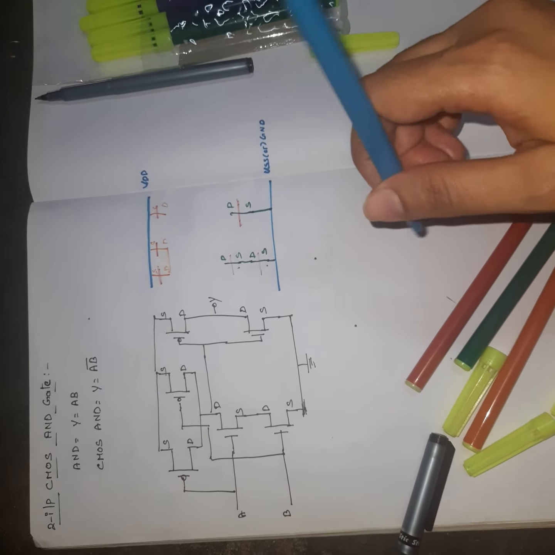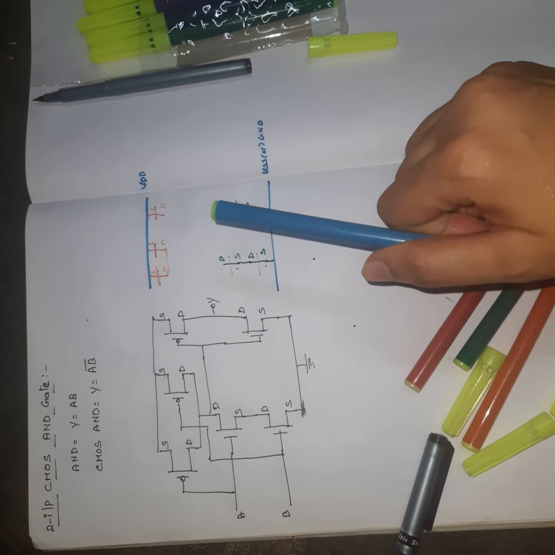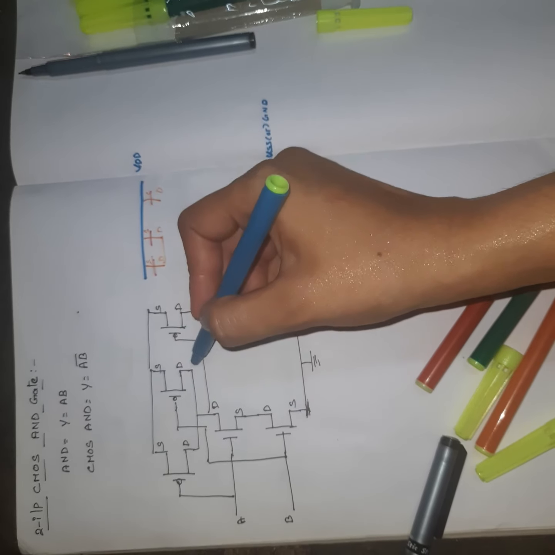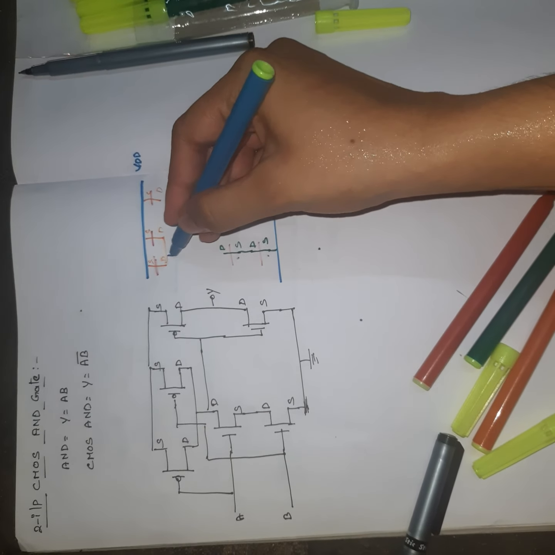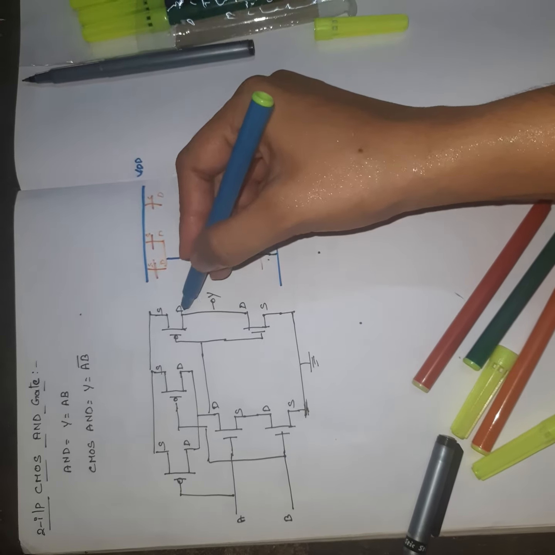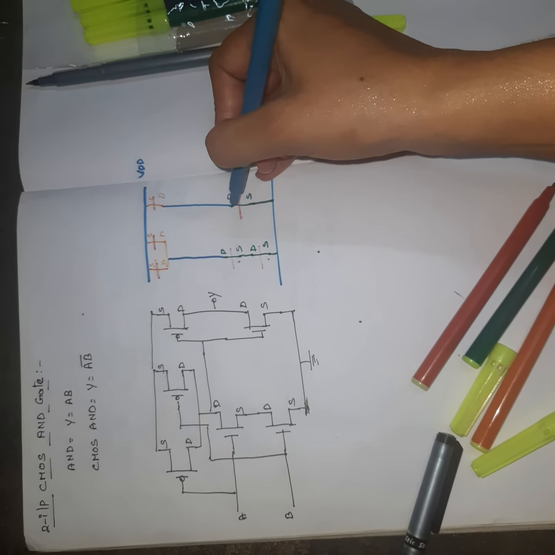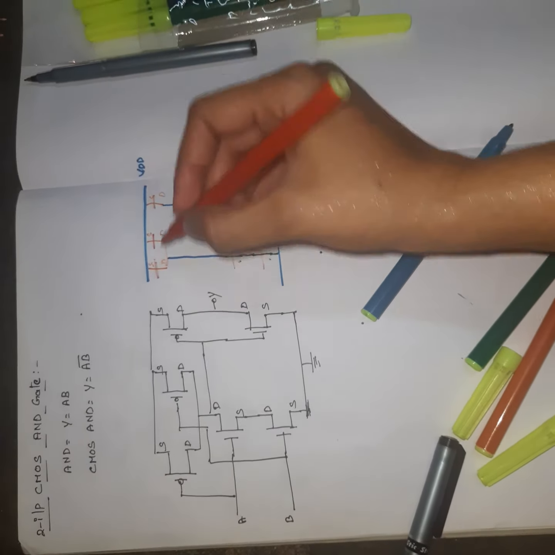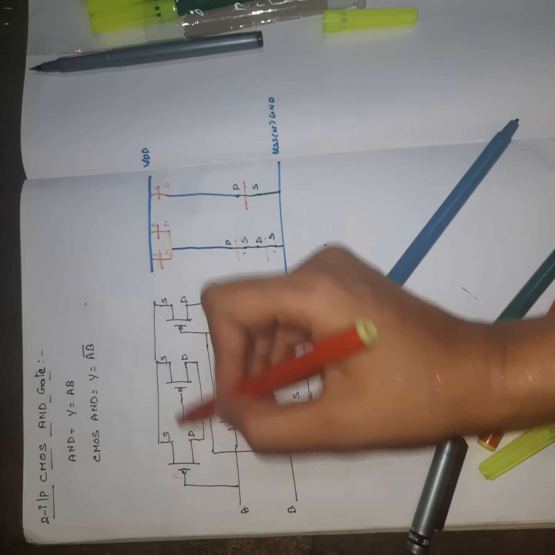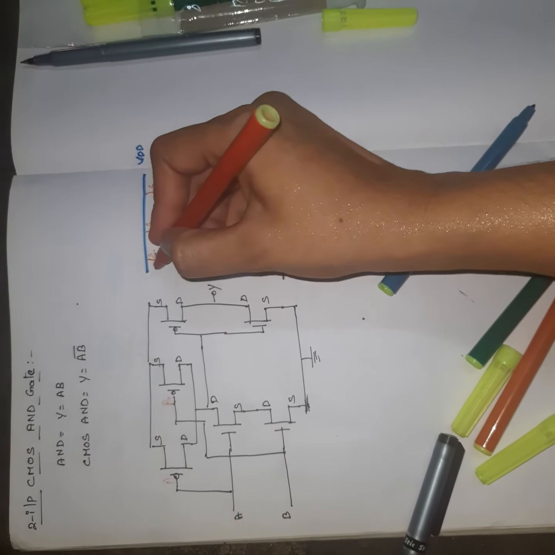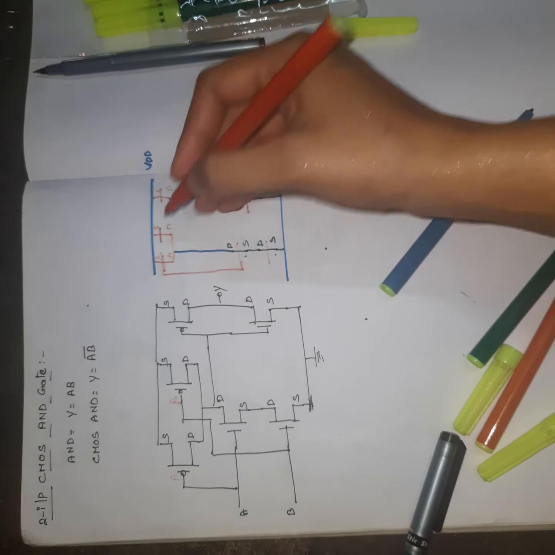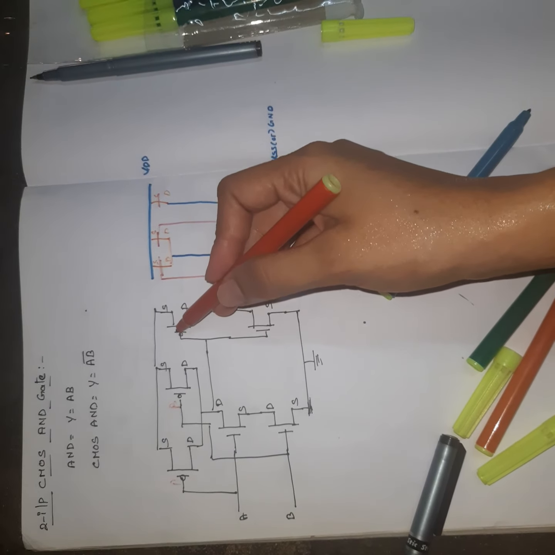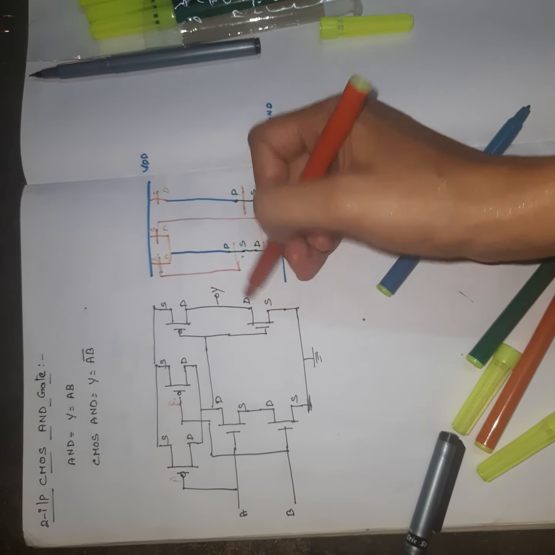Next, connection between these NMOS transistors and PMOS transistors. So always the connection should be indicated using the color blue, which is metal layer. So see here, so this drain is connected to pull down network drain. Next see, this drain is connected to drain here. Next completed. So now indicating the input and output terminals. So here A is connected to A and this B is connected to B. Next see here, so here the PMOS transistor gate is connected to NMOS transistor gate.